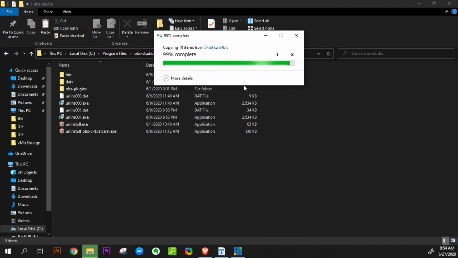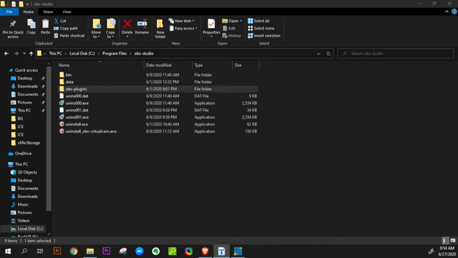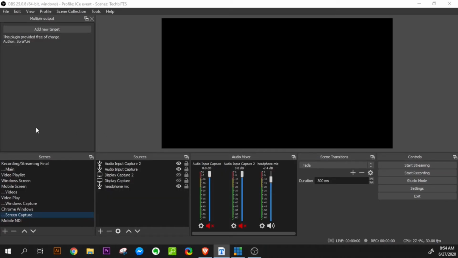While installing, make sure that your OBS Studio is closed. If it is open, then you may encounter some issues, as I have encountered due to the opening of the OBS Studio application. Now let's restart the OBS Studio application. We can see the OBS Studio application will start, and I have already opened my OBS Studio, and now we can see the multi RTMP plugin.